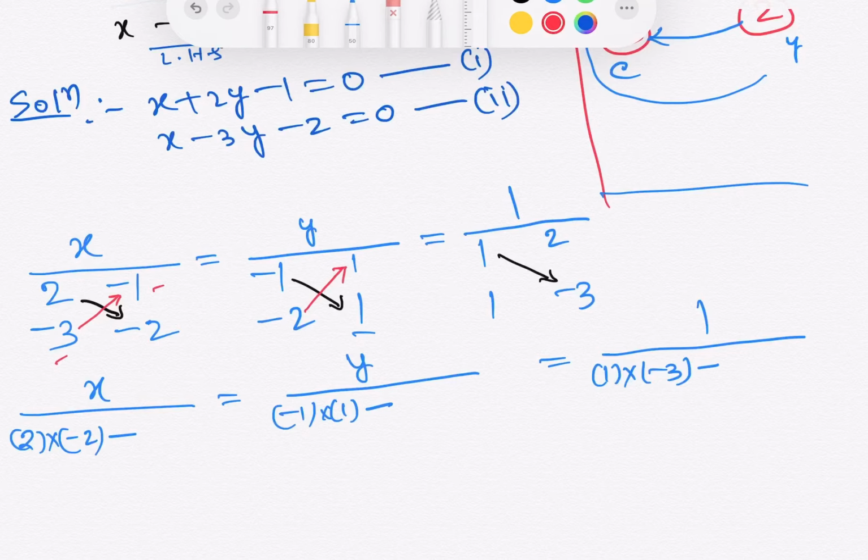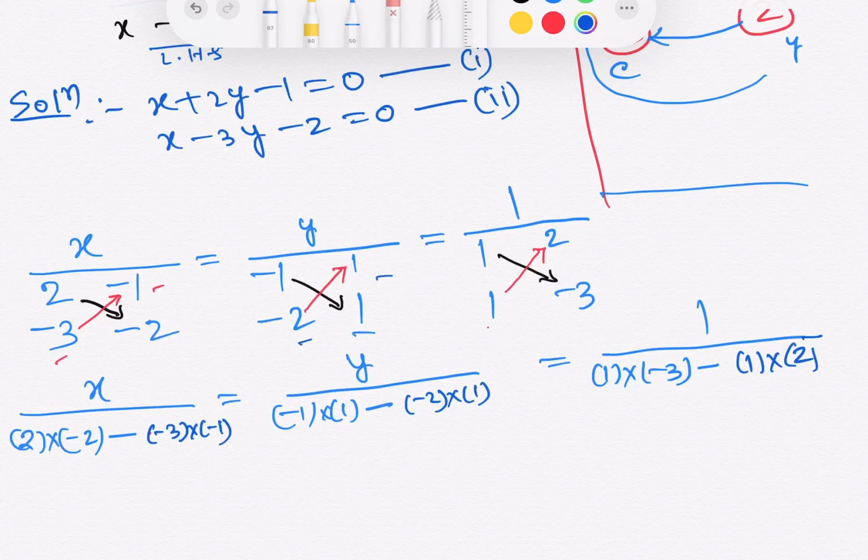Everywhere, x, y and the constant part, this part also you draw the upward arrow from third element to second element, corner to corner. So now this upward arrow multiplication you write after the negative sign. So here we write: minus 3 into minus 1, and here also minus 2 into 1. So now minus 2 multiplied with 1 plus 1, and now 1 multiplied with 2. So now after that this portion is complete.